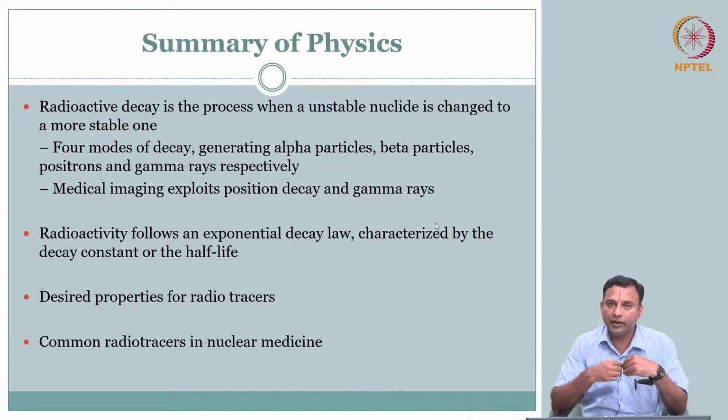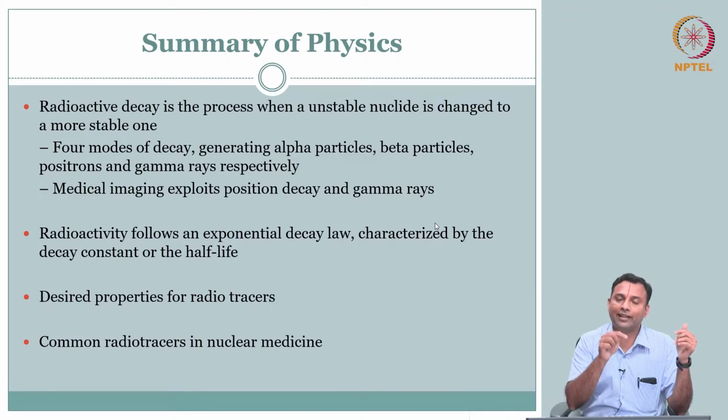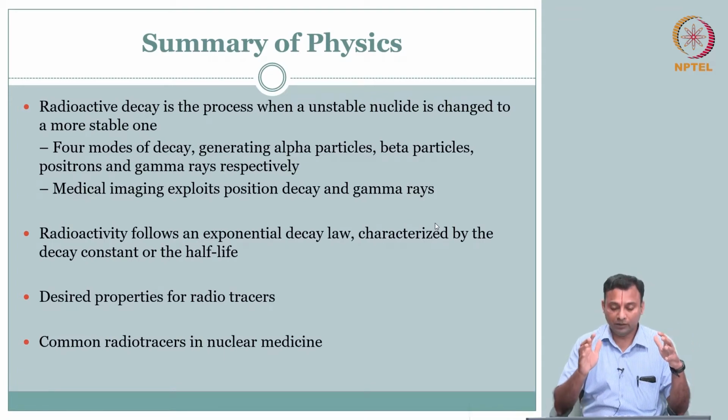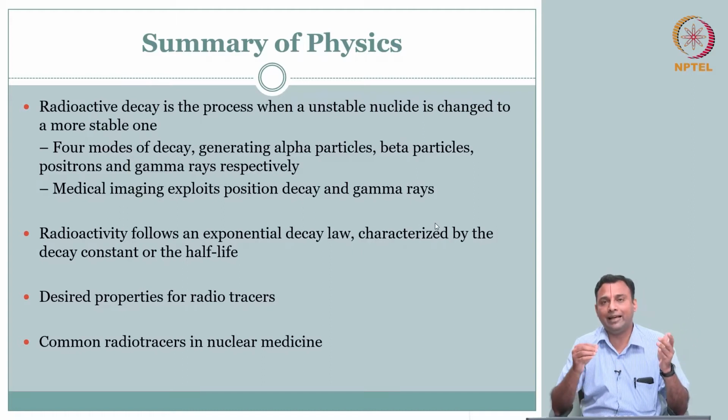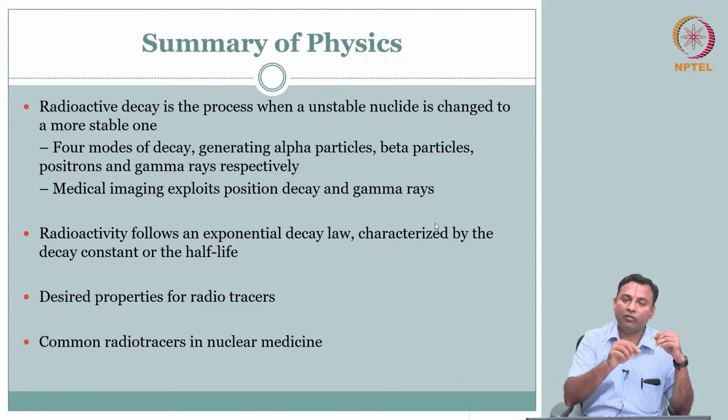The source is inside the body. So now the objective is how do we capture this on the outside and tell where the source is, where the radioactivity is. That is the big difference between the X-ray photons interaction with the tissue that we studied earlier and exploited in projection radiography and CT, where attenuation was the material property of interest. Here we are not actually interested in the material property of the body. We are giving radioactivity and we want to locate where the radioactivity is coming from the body.